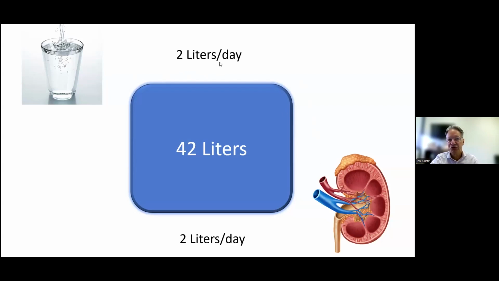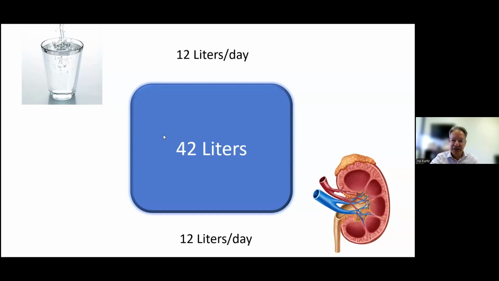So if you drink about 2 liters of water a day, the kidney will put out an amount such that the 2 liters total, if you include your skin and your lung losses and stool losses, will be about 2 liters a day. It's the kidney that's recognizing it. I'm not saying the kidney puts out the 2 liters. The total output, including the kidney, will be 2 liters, such that you stick at 42 liters. So here's a very nice example showing that your drinking ends up actually in the urine. Everything you drink that's above the skin and lungs and the stool loss is just going to end up in the toilet.